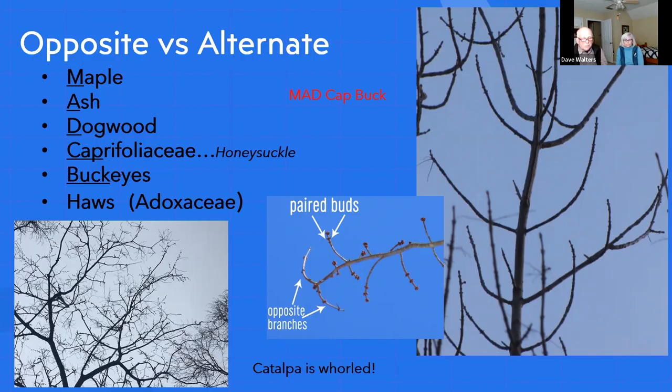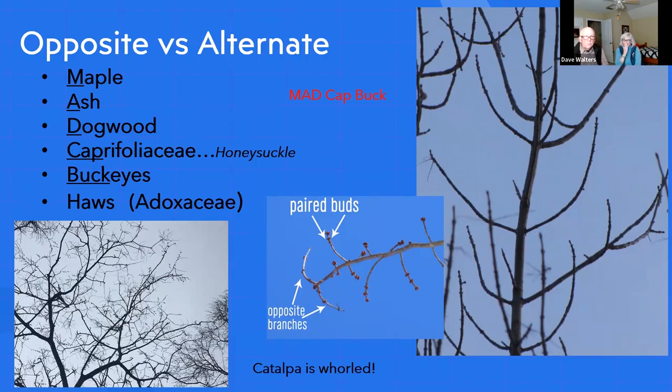The branches are a function of the buds. So when buds are opposite, where you find one on a twig, exactly across from that is another one, these paired buds create limbs that are opposite branched limbs. So this dark picture on the right, you can see those nodes where there's a branch on the right, there's a branch on the left. Go up where there's a branch on the right, branch on the left. So this is a picture of an ash tree. They have thick